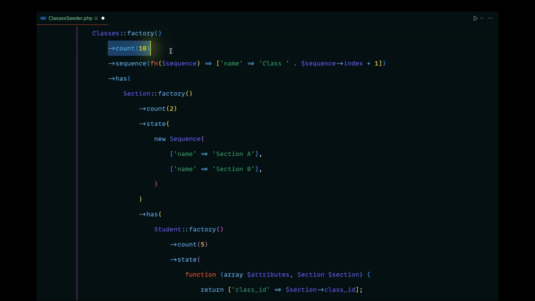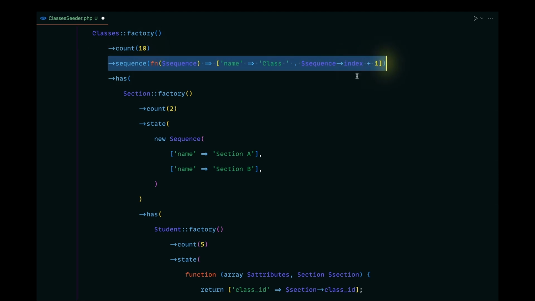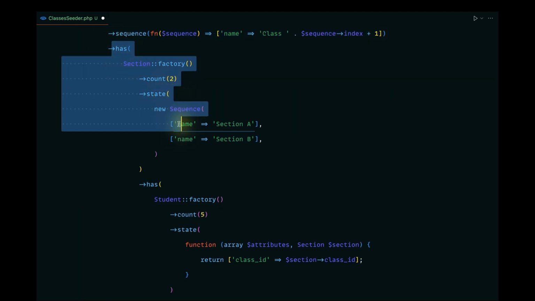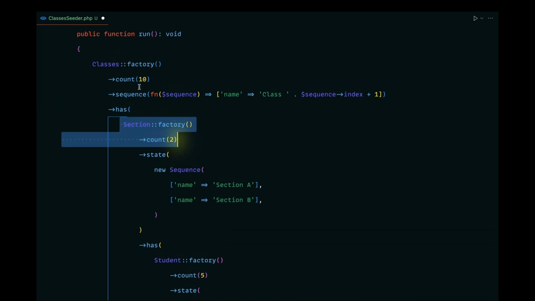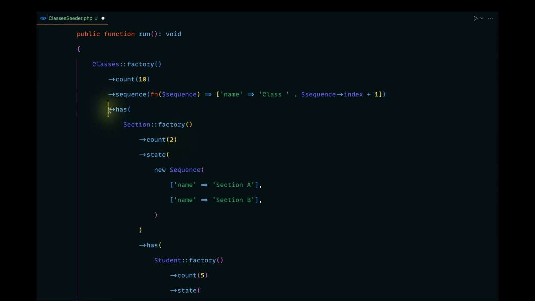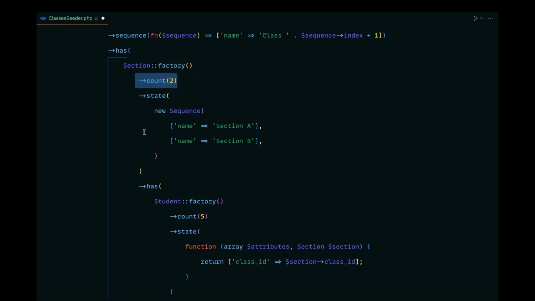And for each of this class, we are defining this has relationship. And we need to define the relationship in our respective models. So each class has a section, multiple sections actually. And in this case, we are defining 2 sections for each class. As you can see, we are passing in 2. And in that